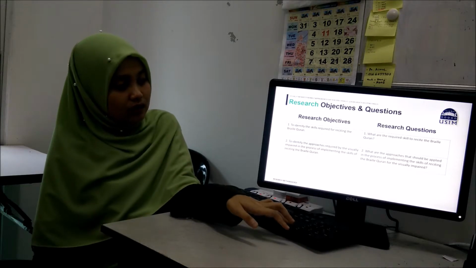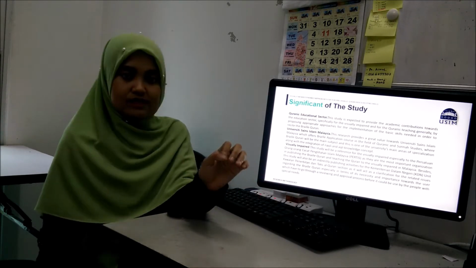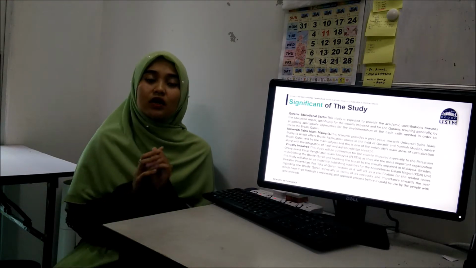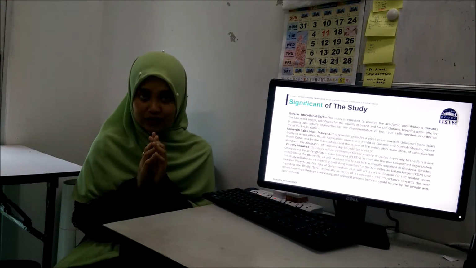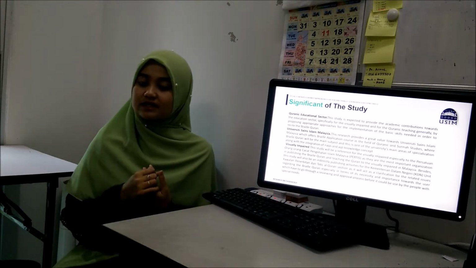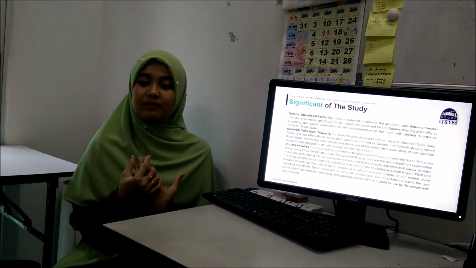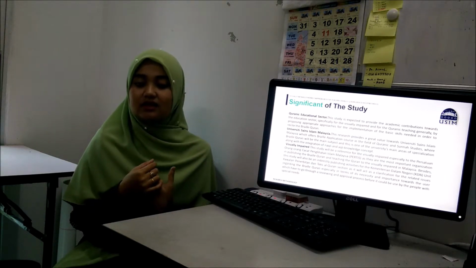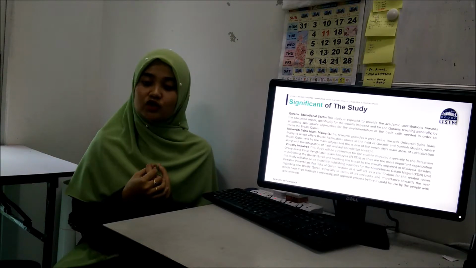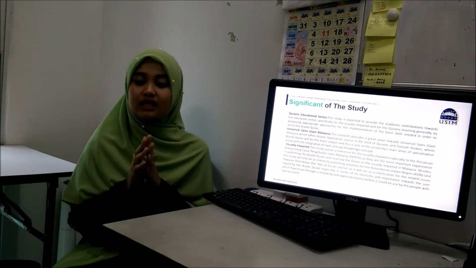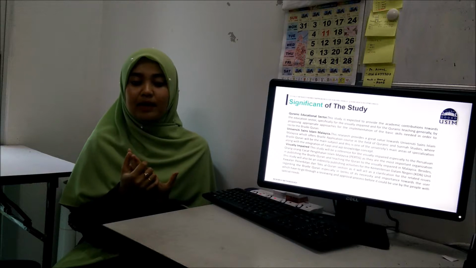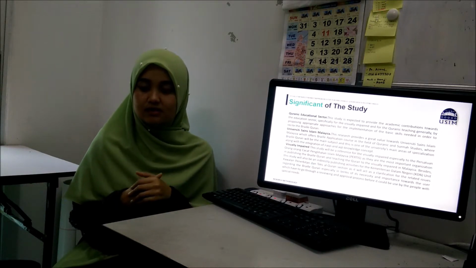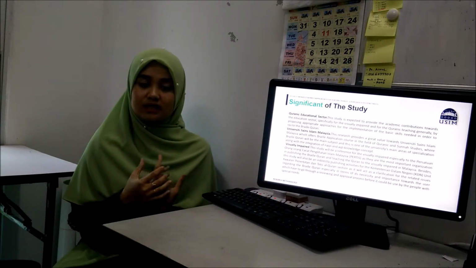And then we will go through the significance of the study. So this study is significant first for the Quranic educational sector. This study is expected to provide academic contributions towards the education sector, specifically for the visually impaired and the Quranic teaching generally, by proposing appropriate approaches for the implementation of the basic skills needed in order to recite the Braille Quran.